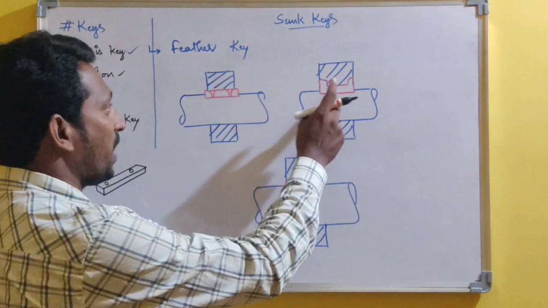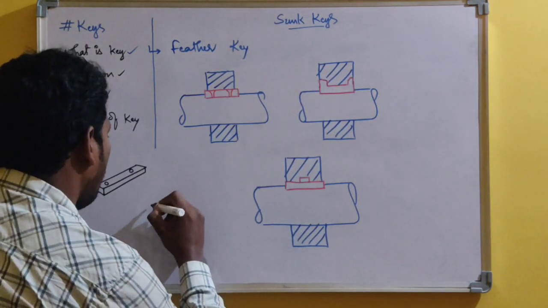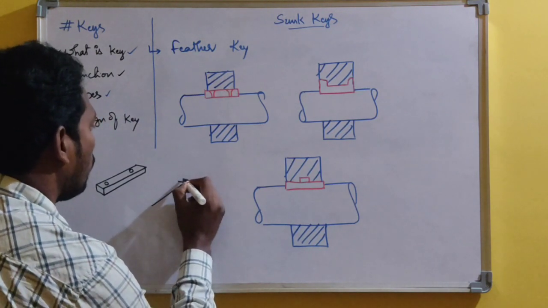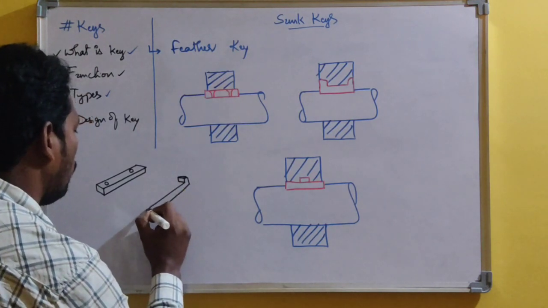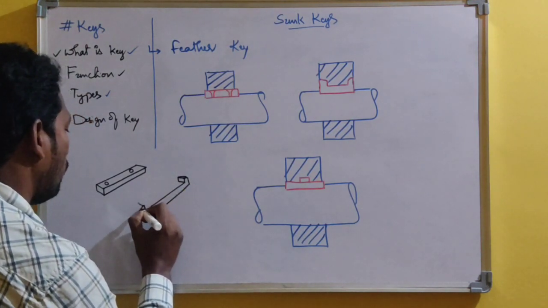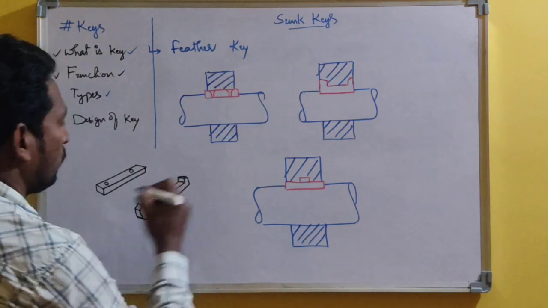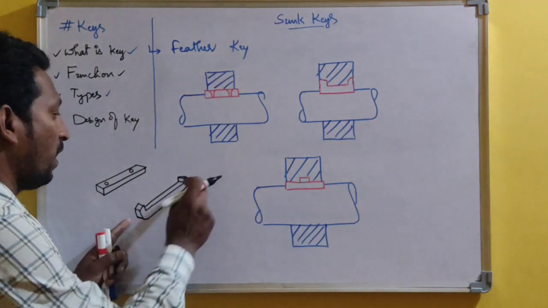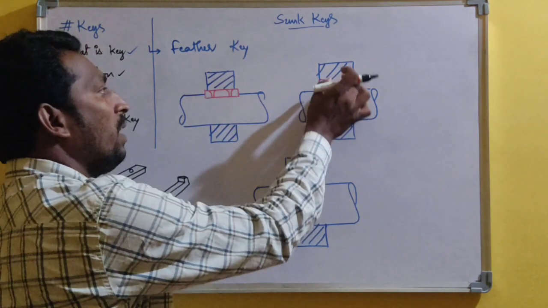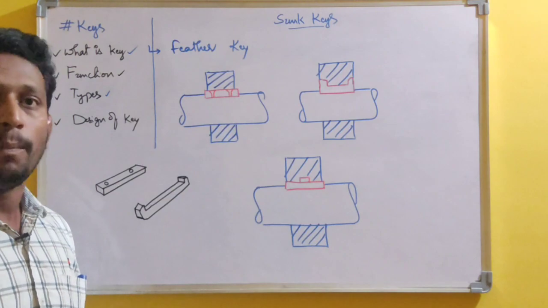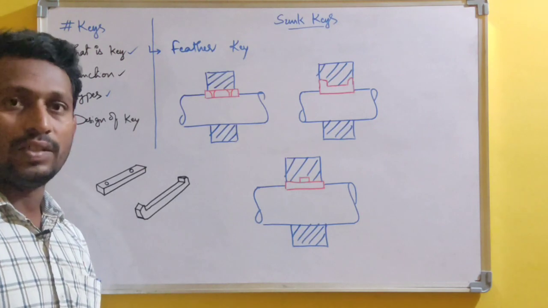And then in the case of the second one, see that this key has two heads provided at both the ends. Here I will show you the two heads provided for the second kind of key, right? So these are the two heads provided at both the ends of the key. It will hold completely the material of the hub or boss, so that it enables holding the entire joint.